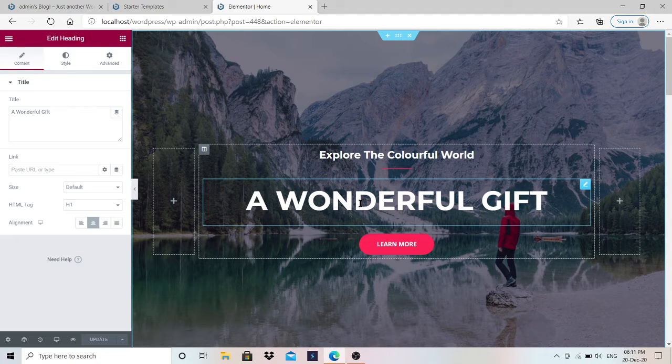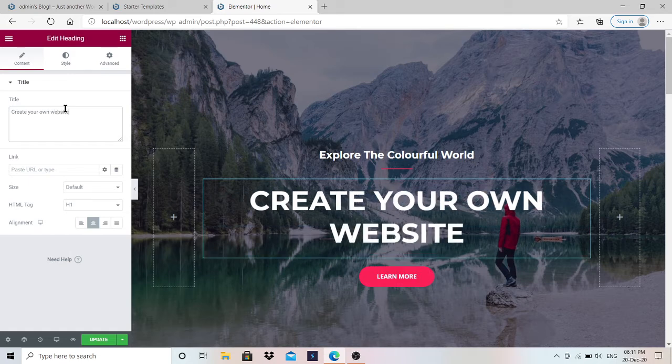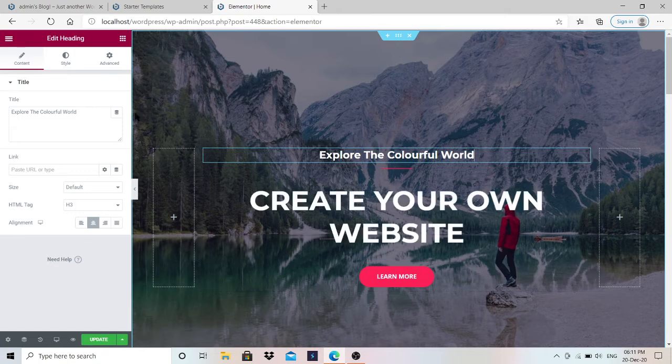Here you want to edit, just click here and write. As you can see here also you can write, or here also you can write, that's your choice. So you can click and write whatever you want. Create your own website. In this way you can write, you can change it, just click here and you can change